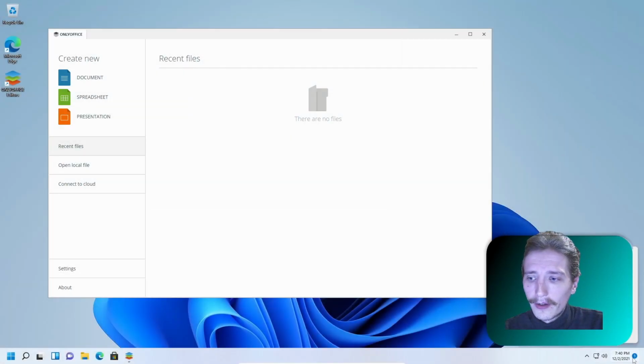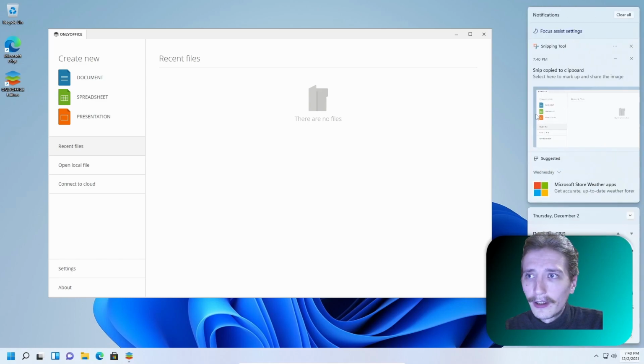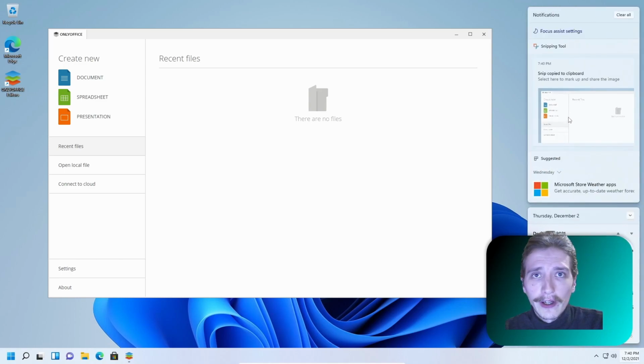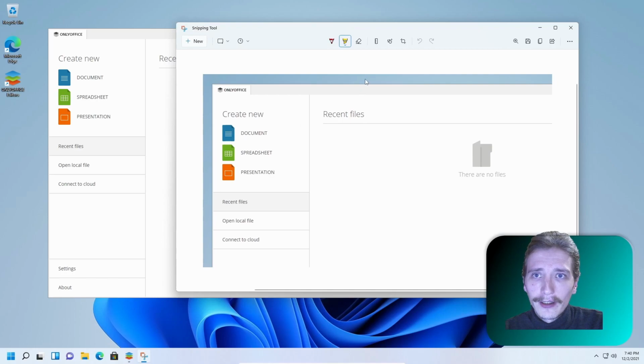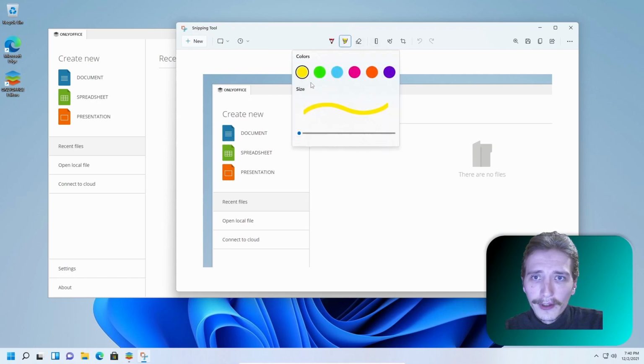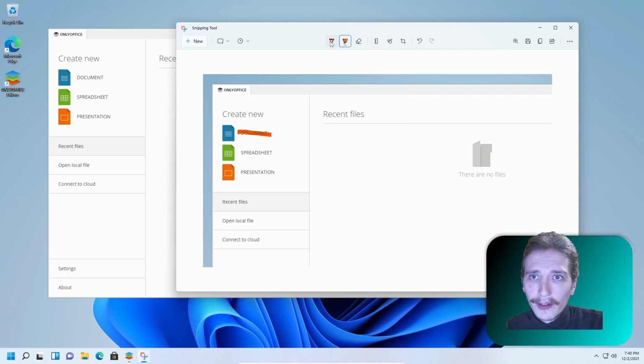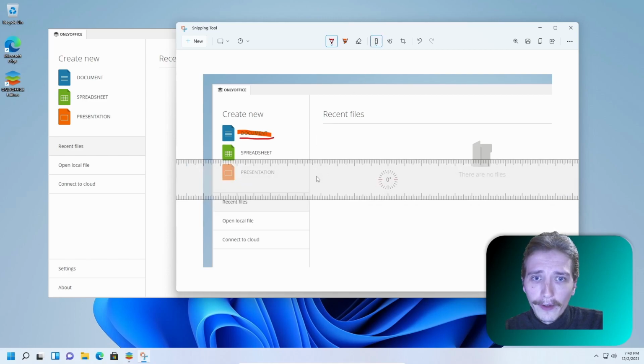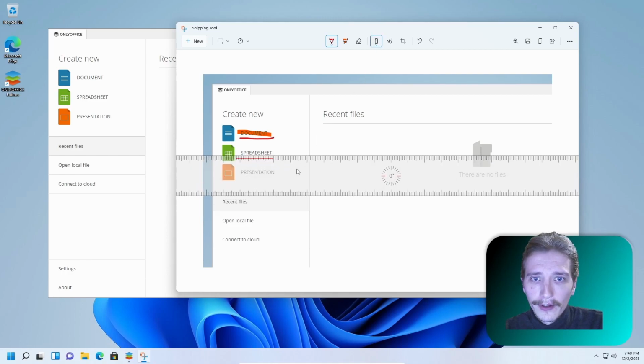Then in the right bottom corner you can click on the image you just created. Then you can edit it right away. You can highlight the text you want with the color you want. You can underscore it. You can even use ruler for that if you want it. And then you can save it,